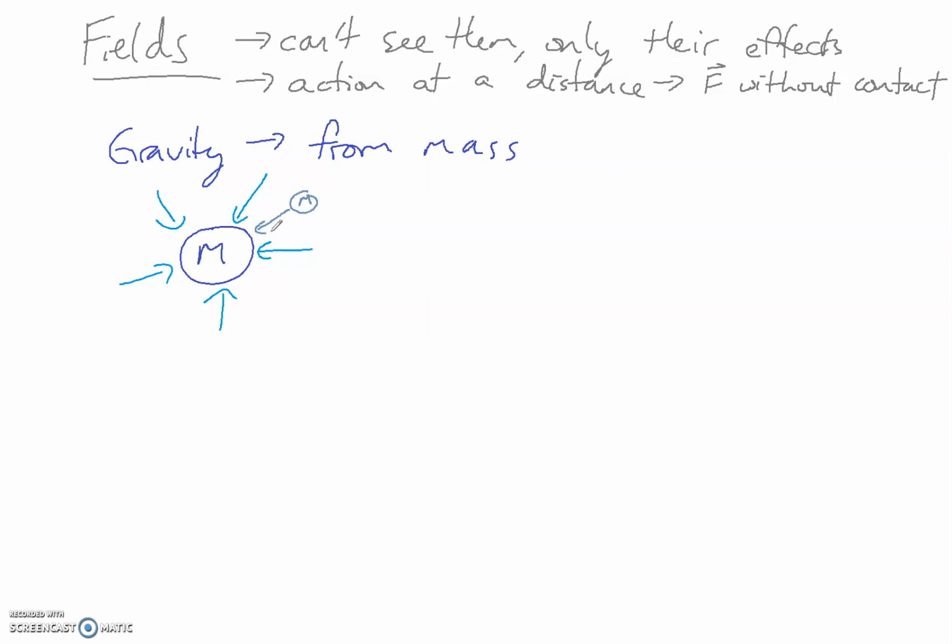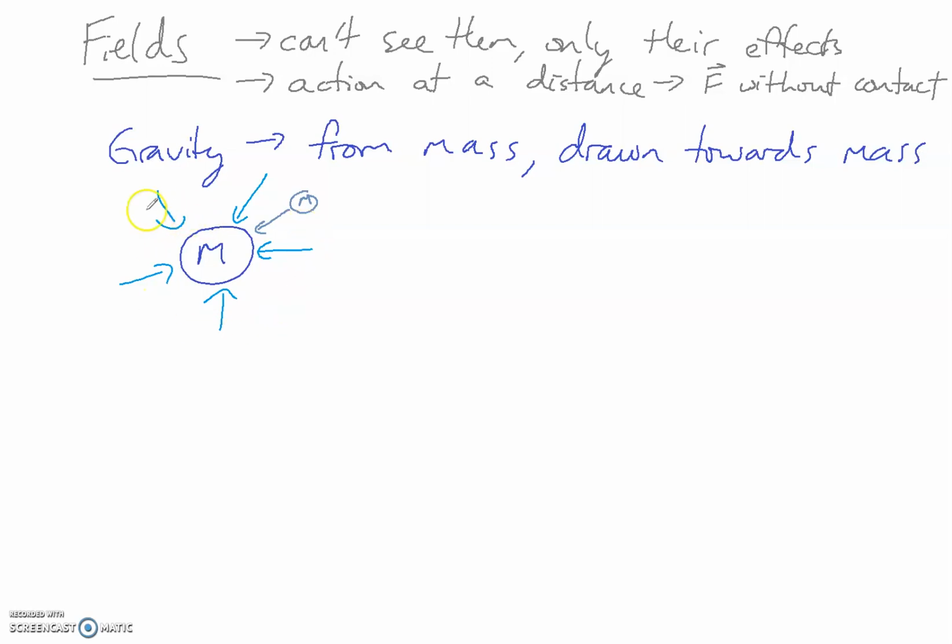So once again, we can't actually see the gravitational field by itself, in its true nature. We see its effect on other things, and that's how we know which way it's actually going. So gravity comes from mass, and it's typically drawn towards the mass, whichever mass it happens to be. And there's no restrictions. It could be a planet, it could be a star, it could be you, it could be a cheeseburger. It doesn't make any difference. All masses have gravity.